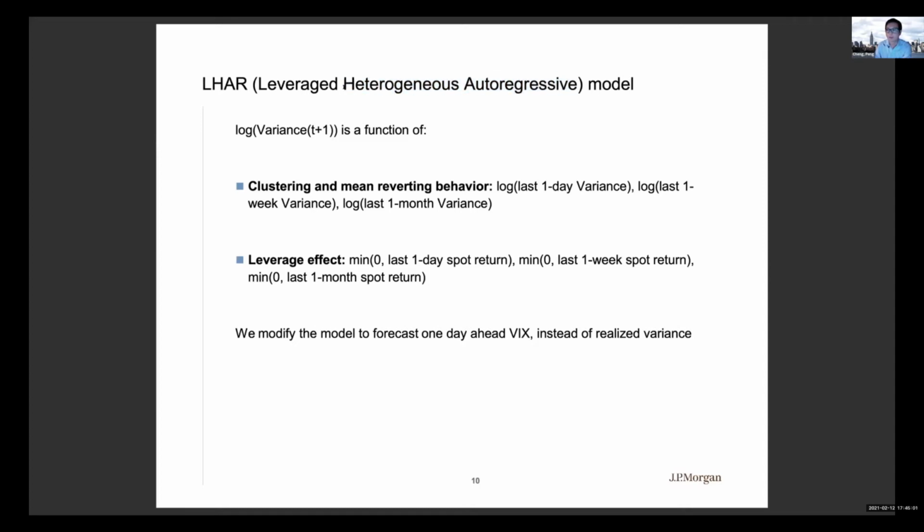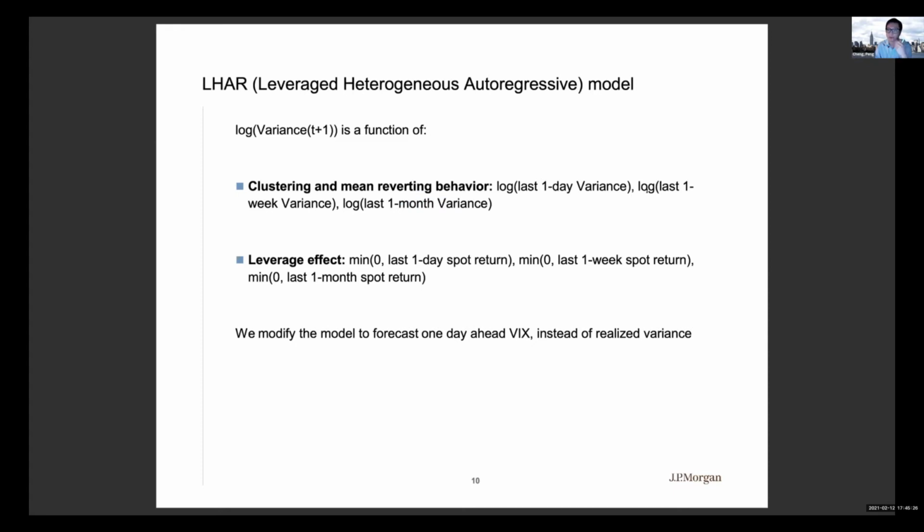What we found, and this is generally the consensus now, is that with intraday data, the volatility forecast is much better than close-to-close. So we choose this model, which models the day-ahead variance as a function of the last 1 day, last 1 week, and last 1 month